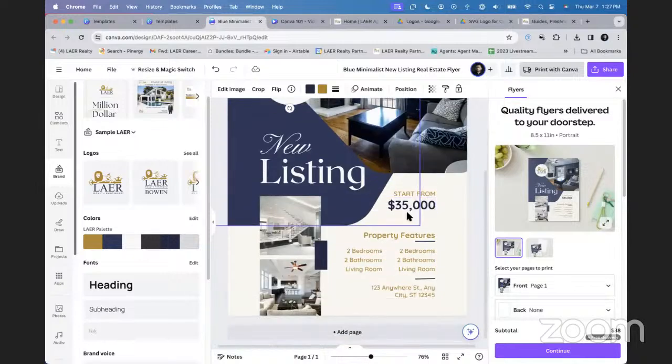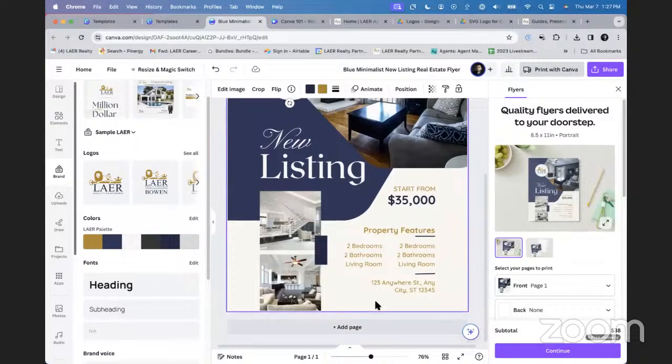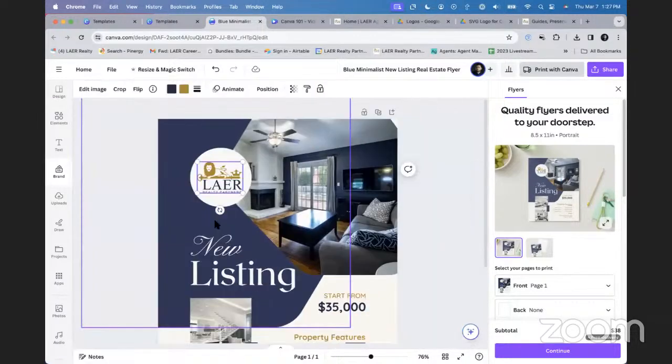The rest of the customization is pretty straightforward. I can just change the price, etc. And just like that, I'm ready to print. Now,